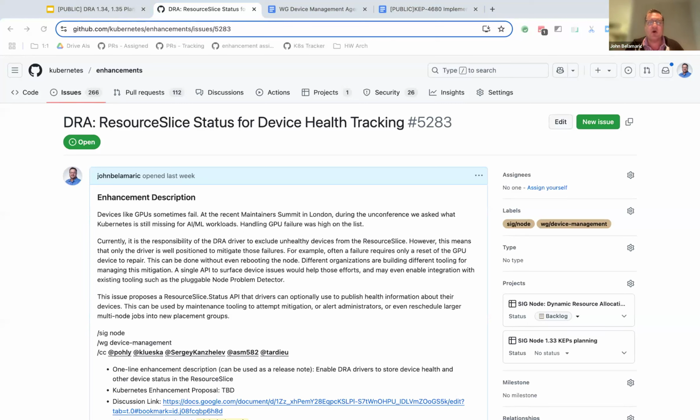So what this proposal is, and this is just one idea, would be: can we at least let drivers store the status of a device in the resource slice? Today, if a device isn't healthy in some way, we withdraw it from the list of available devices. This would say instead, or maybe in addition, because the scheduler right now relies on that withdrawal, put a status in there with